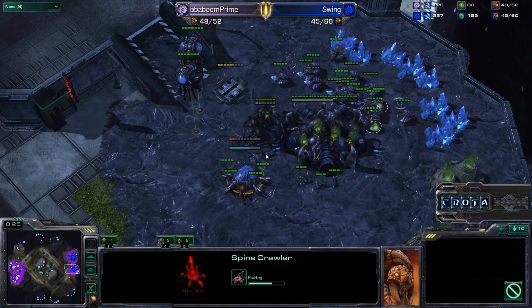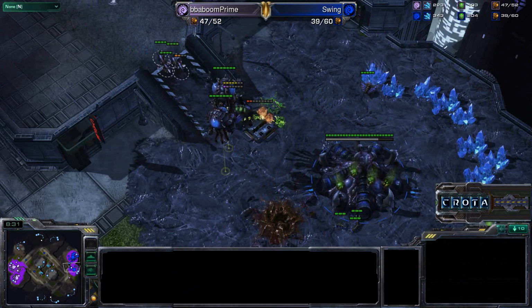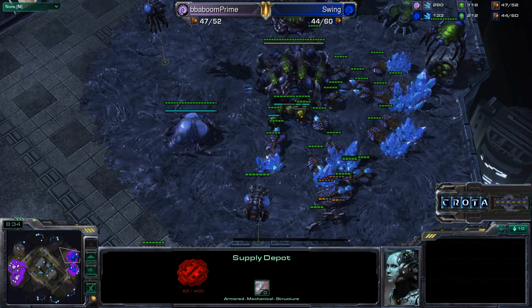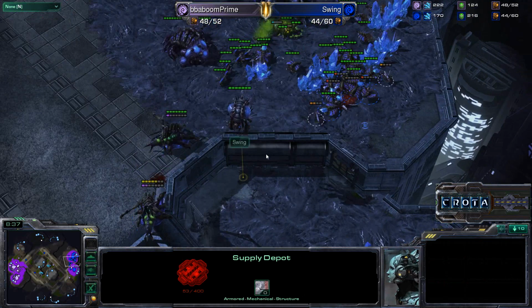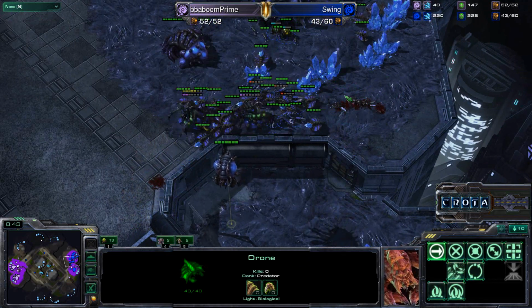Zerglings now attempting to take this down. Yes, the Spine Crawler does get destroyed, and they are able to get at least a fair amount of damage onto the supply depot, which is now starting to burn. Zerglings now fighting back over here. Swing doing a great job microing, and both sides